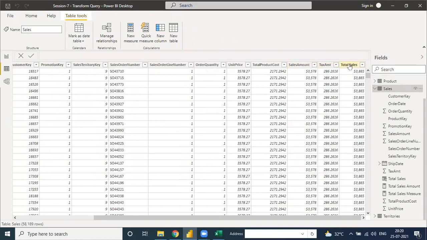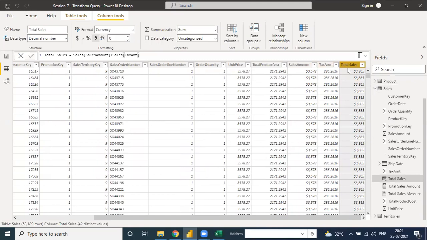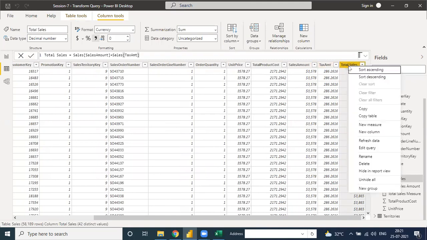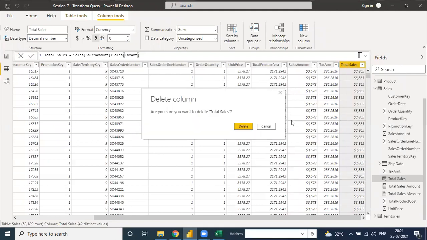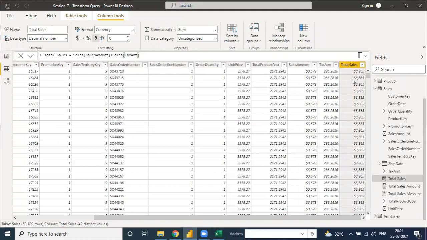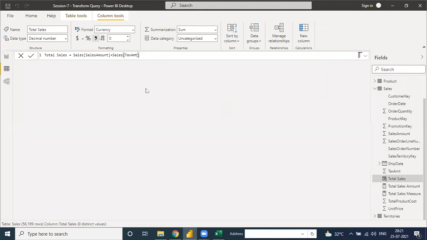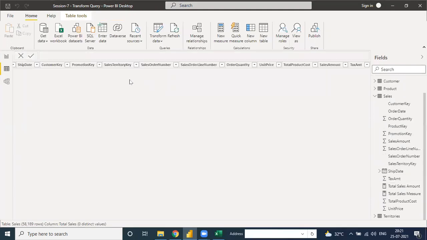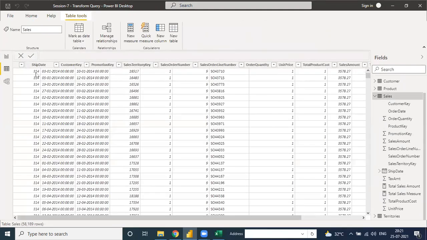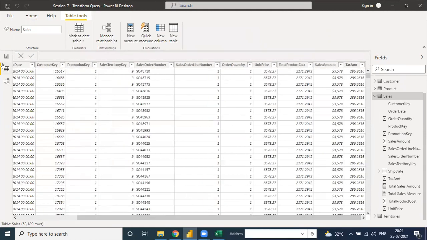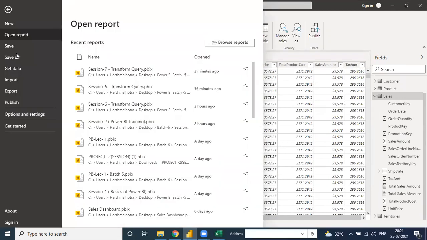First I will remove this one, because yesterday I created it with you directly. When I delete this, click save. Now I deleted this column, go to the home tab, click another save.